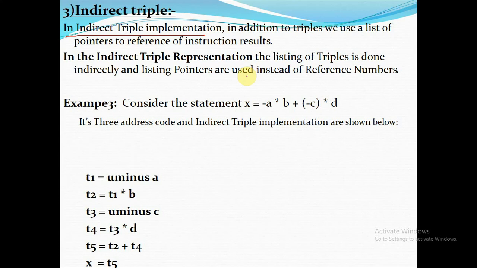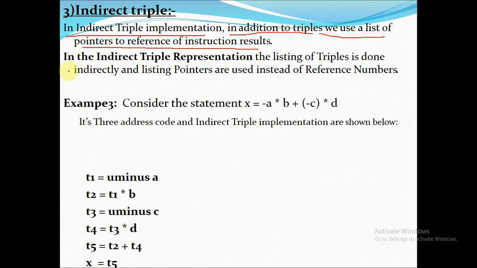Here that index number, that reference number, is not accessed directly. Instead, it is kept in the table, and it is accessed in an indirect way. That means in addition to triples, we use a list of pointers to reference instruction results.